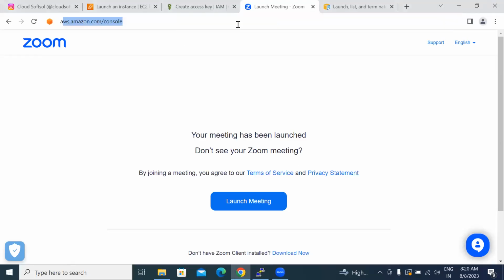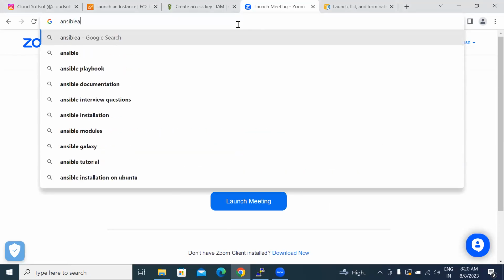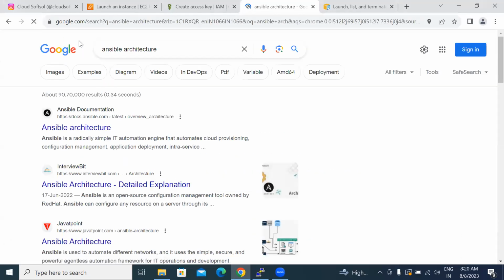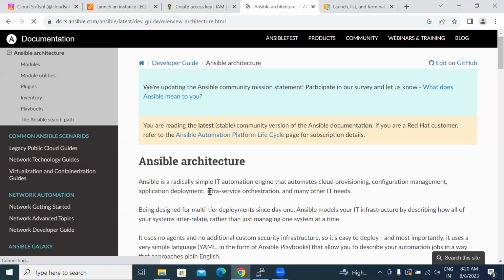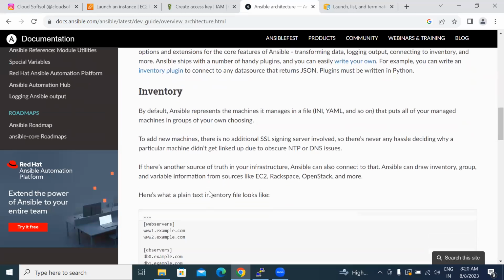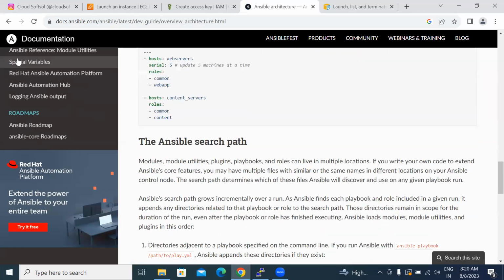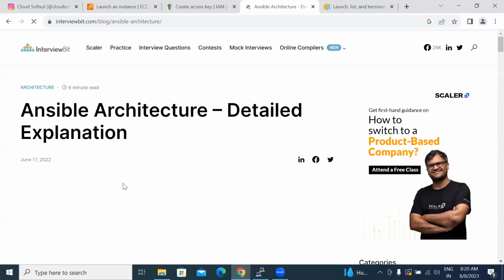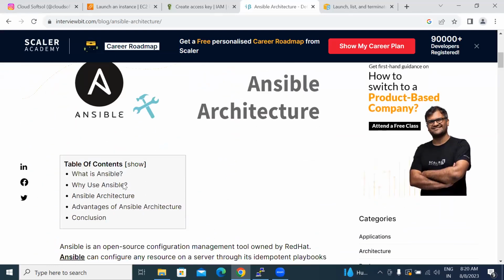So we'll go for Ansible architecture. So why are we using Ansible? We are using Ansible for configuration management. For the configuration management, we are going to use Ansible. So here, if we go for an Ansible architecture,